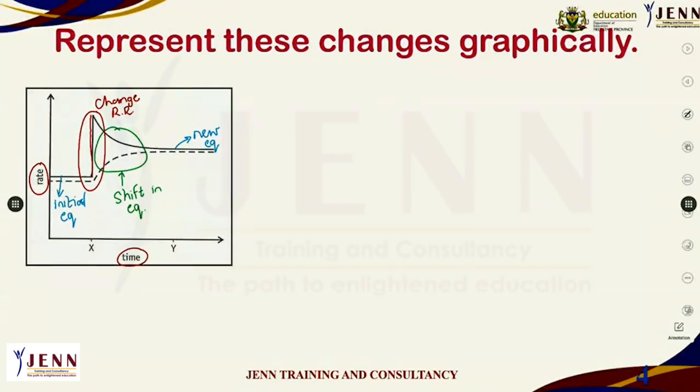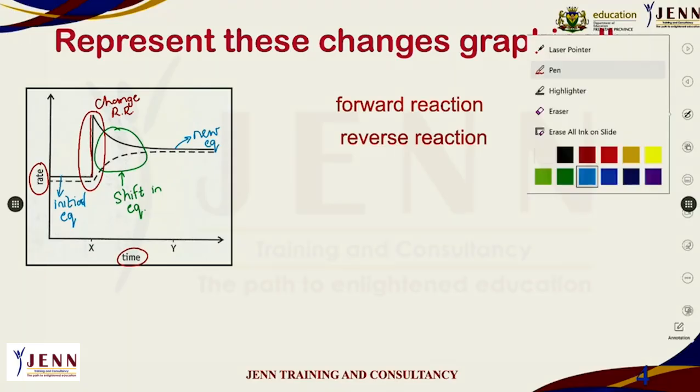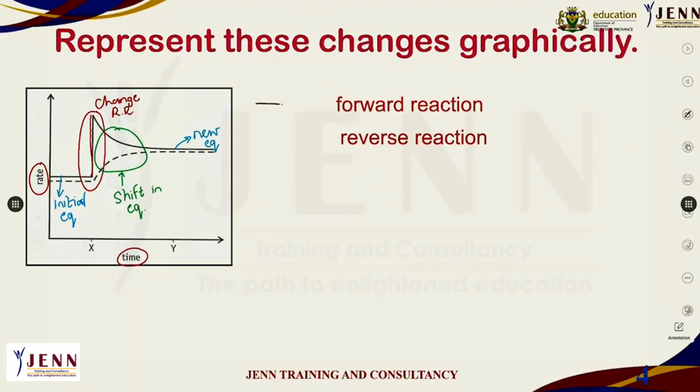So in this case, it literally means that if the line goes up, then the reaction rate increased. If the line goes down, then the reaction rate decreased. And now you must look at your graph. How does it influence the different reactions? In this case, my forward reaction was the solid line, and my reverse reaction was the dotted line. That's information that they're going to give you.